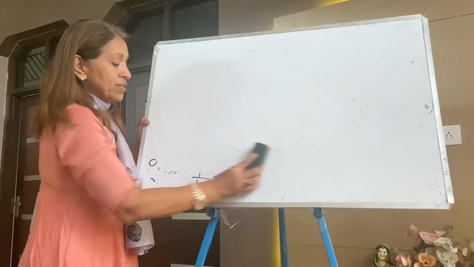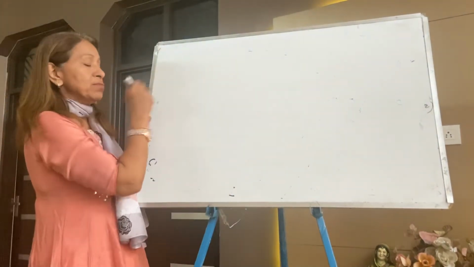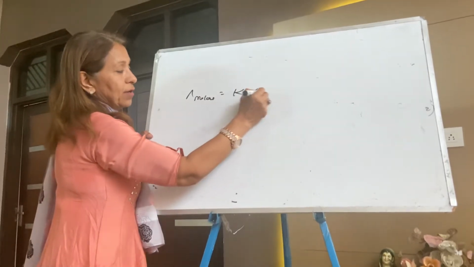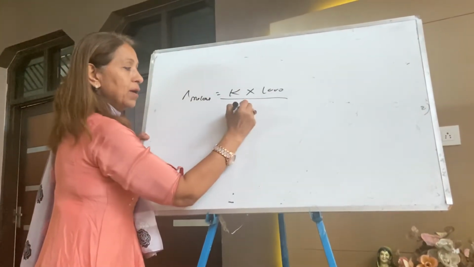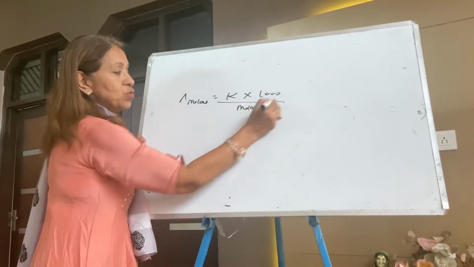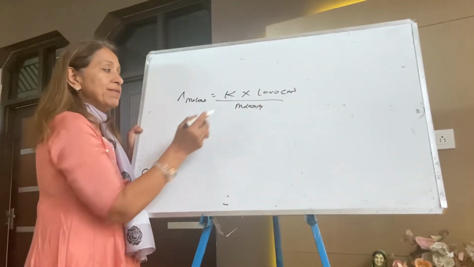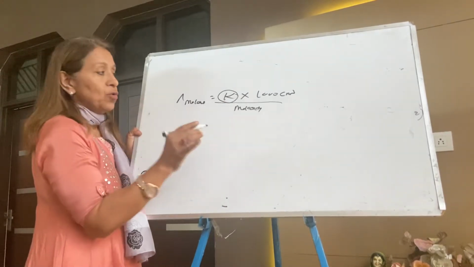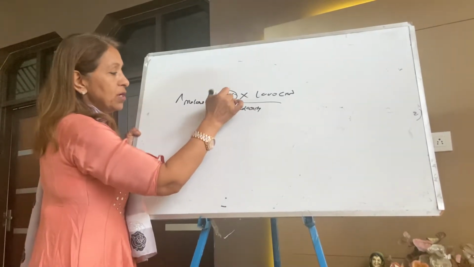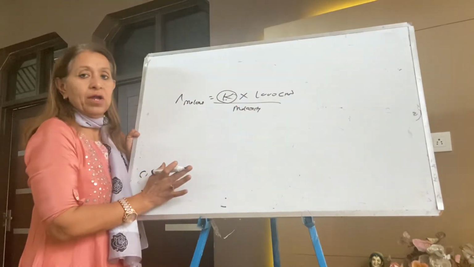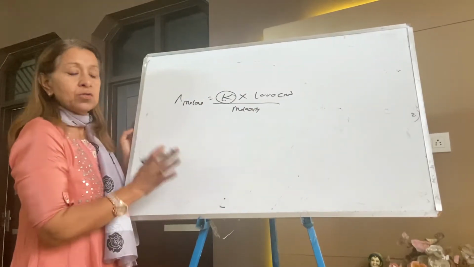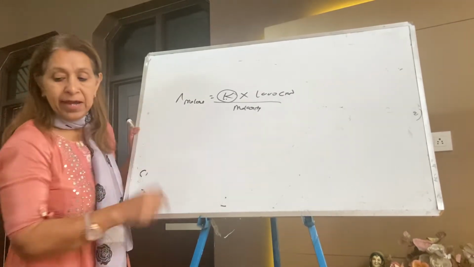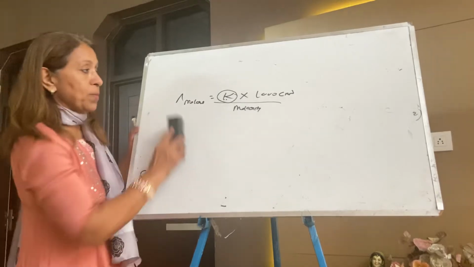Now students, it's better to take the formula in centimeter. Lambda molar is equal to K into 1000 by molarity. 1000 is in centimeter cube. Sometimes if your K comes in meter, you convert it into centimeter, and after that you may apply this formula. Now this is all about this. This topic will again come. This same type of numerical will again come after covering the next topic.